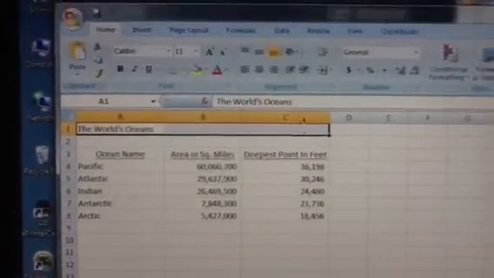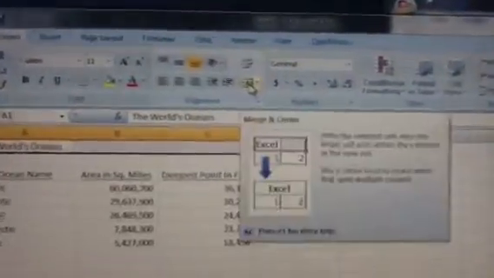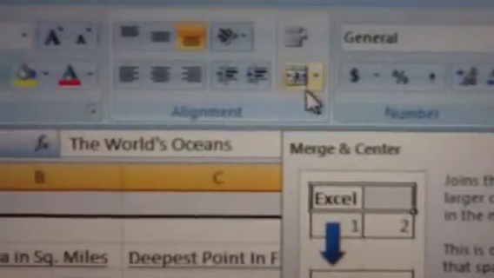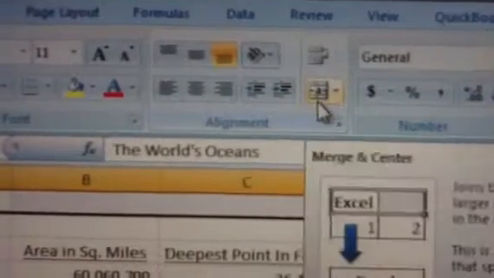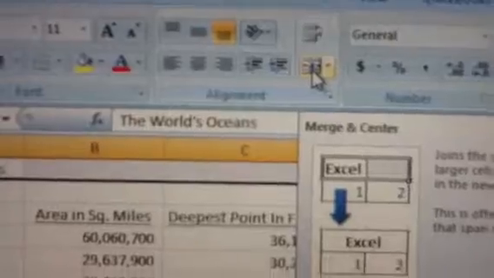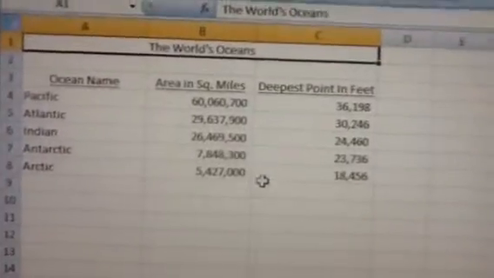Then if you look up at the top in our Home tab again, you'll notice a little button that looks like it has an A in it. It's to the right of our alignment buttons that we normally use. And if you hold your mouse over it, it actually says Merge and Center. What it's going to do is take those cells, merge them, and actually take your title and center it over